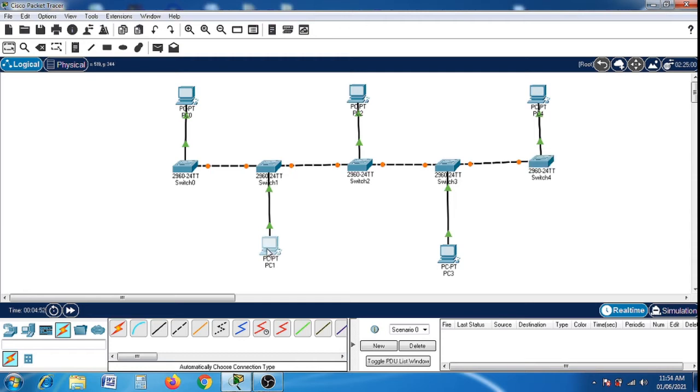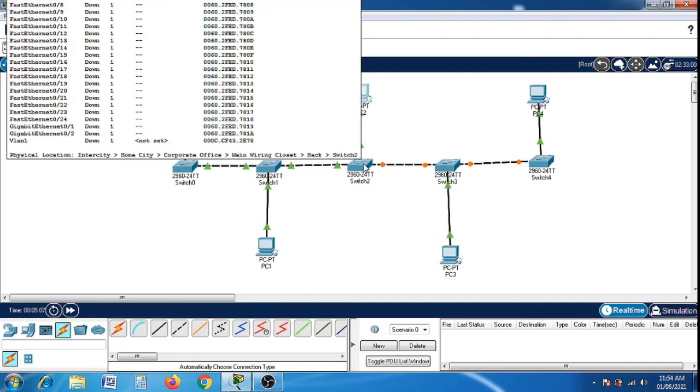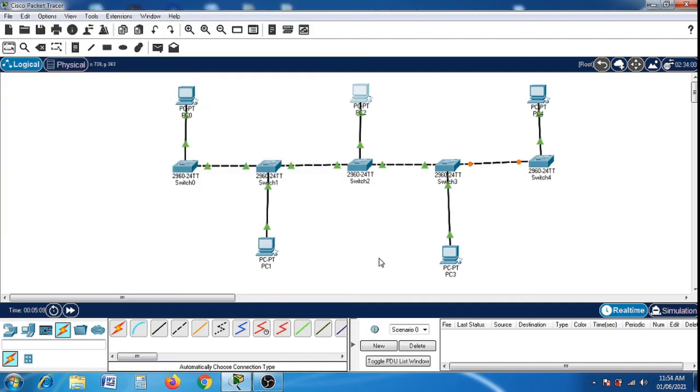Different end systems are there which are going to communicate. In the center we get the central backbone cable. Here we are observing some green colors, as Cisco Packet Tracer is establishing the connection. Some orange dots will convert into green triangles, which means the connection is connected correctly. So here we have just created the bus topology. Now the second thing is that we have to give the addressing.